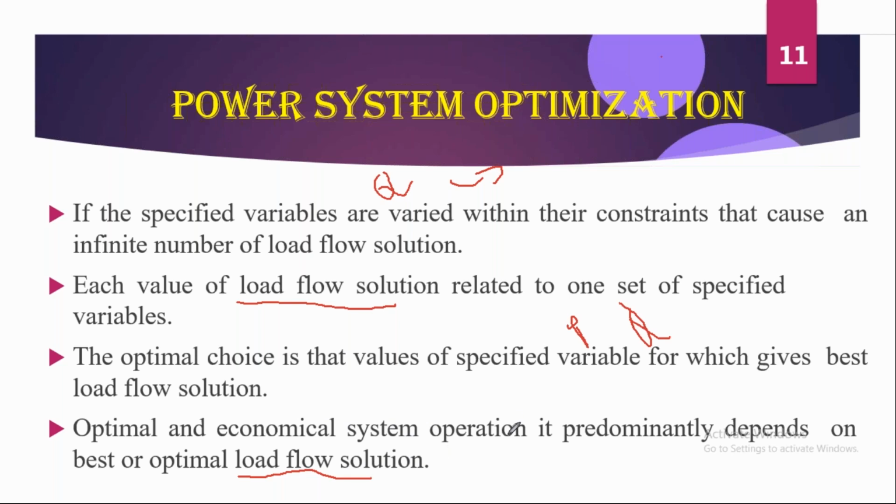While scheduling the optimization, we have to consider that the load flow equation is also one of the parameters here. The reason is, if you do this optimization, then you can reduce the losses. Because our power balance equation is generation equals losses plus demand, right? So most probably we have to reduce these losses. How can we reduce the losses? By maintaining the real power and reactive power constant within predetermined values. That should be achieved by the load flow solution.